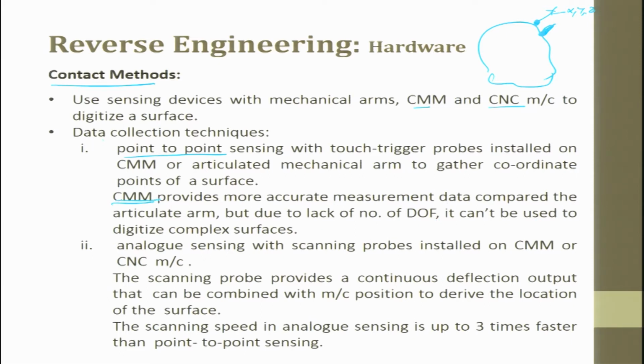CMMs are very commonly used for engineered products, wherein the features can basically be divided into a line and a circle, or a line and an arc or a curve. So, if I can digitize a very complex figure into a set of lines and a set of curves, then by using a CMM I can easily measure those data.